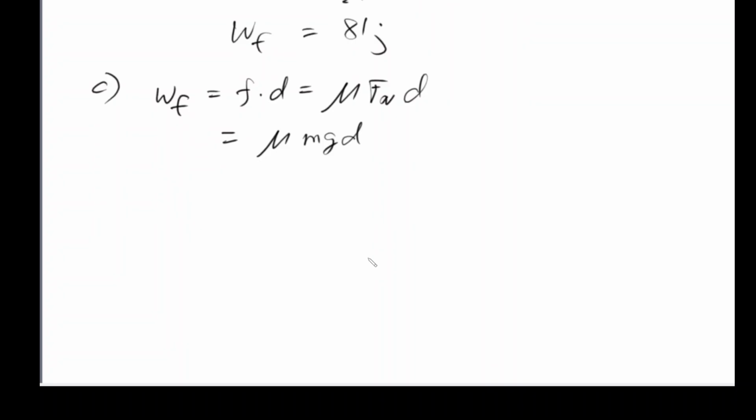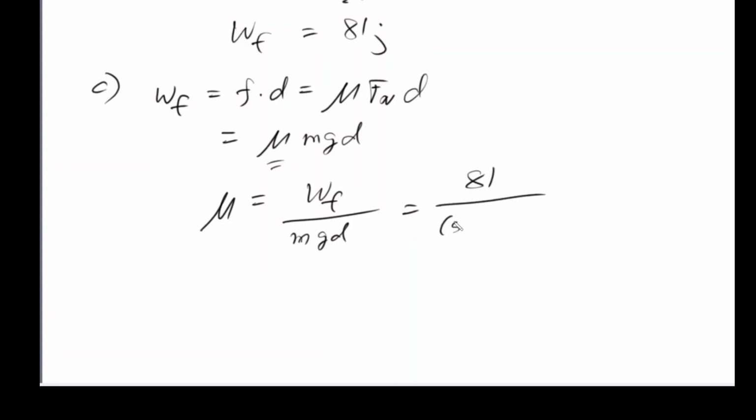If we solve for mu, mu is equal to the work done by friction divided by mgd, which is equal to 81, which we found above, over the mass times gravity